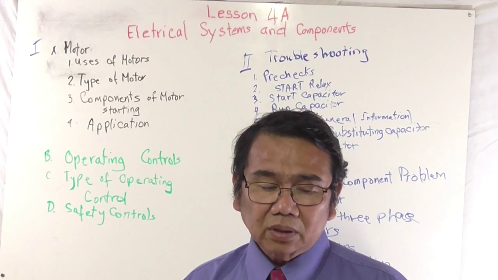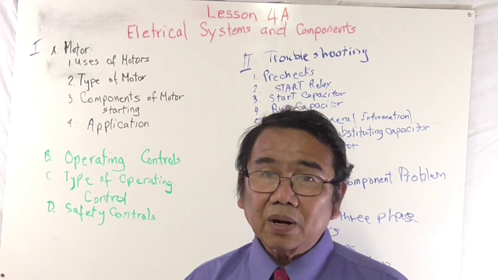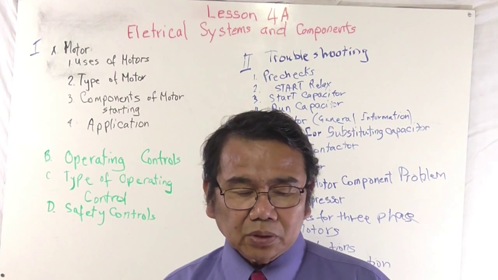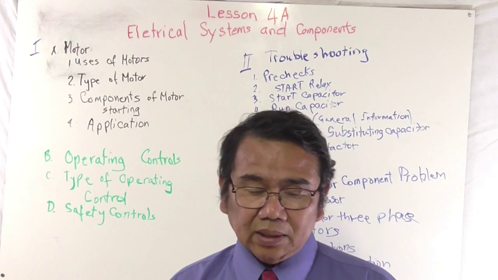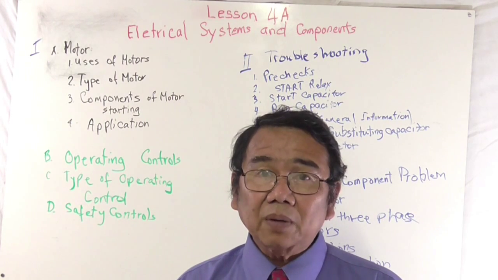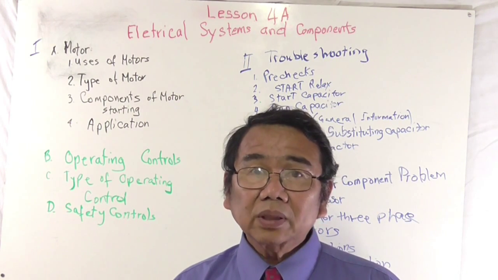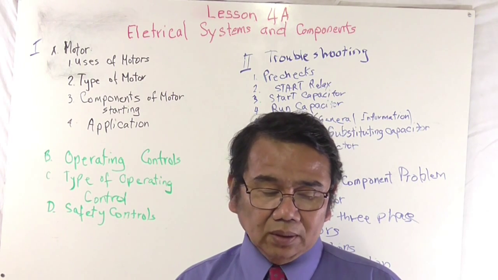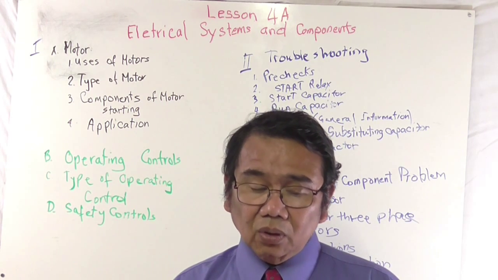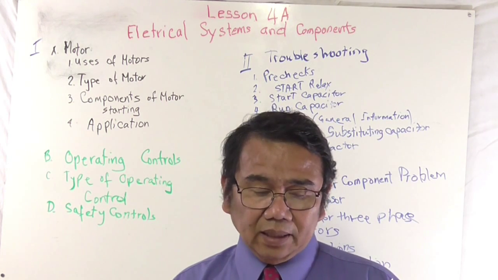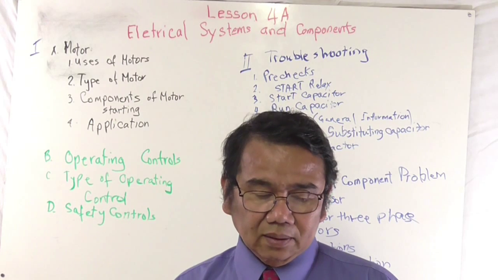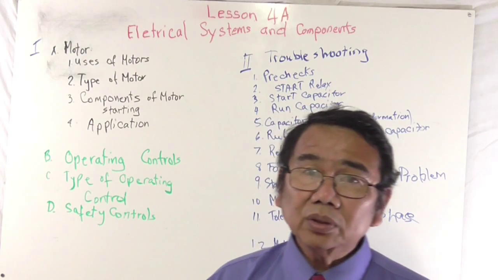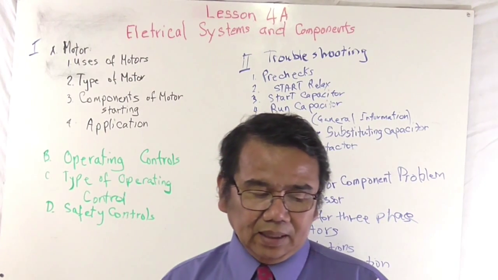Open contactors, overload strip, improper wiring, refrigerant shortage. Okay, the compressor motor will not run, humps, cycles on overload: improper wiring, voltage low, start capacitor burned out or wrong one, run capacitor burned out or wrong one, start relay burned out or wrong one, and then high head pressure, and then the motor ceases, and then starts